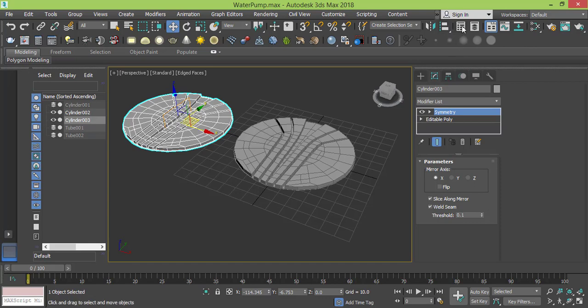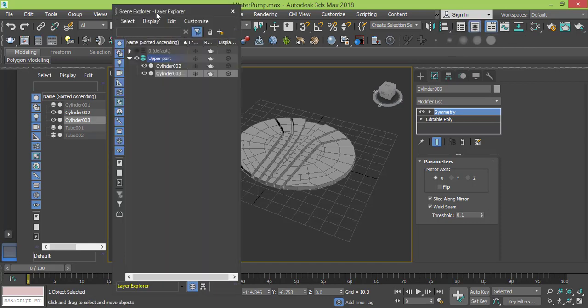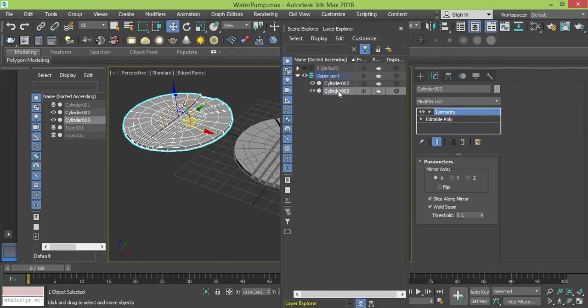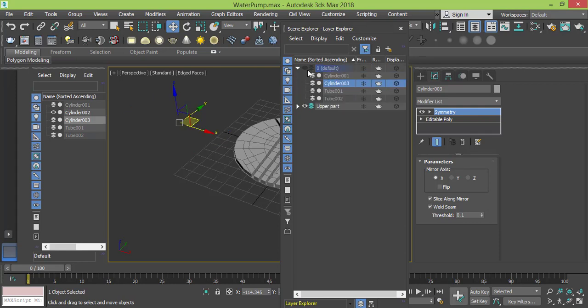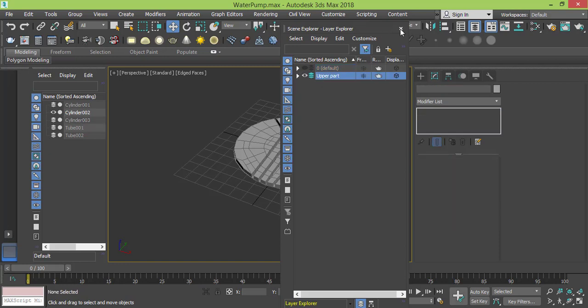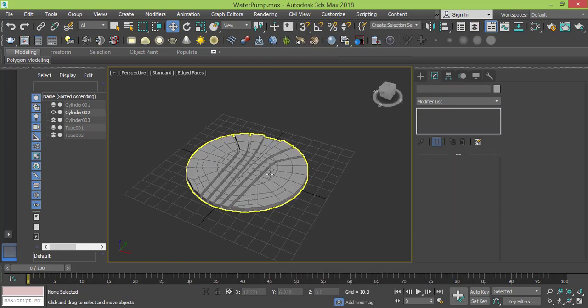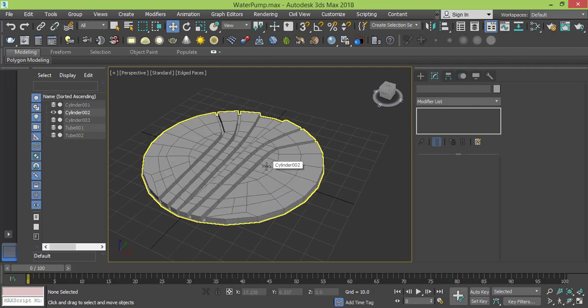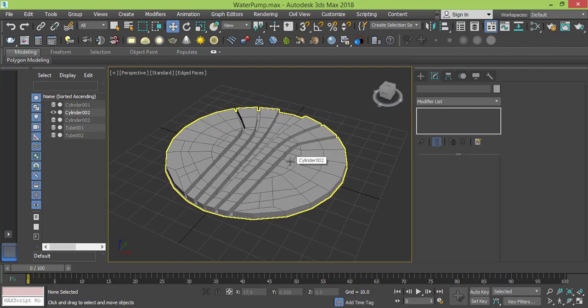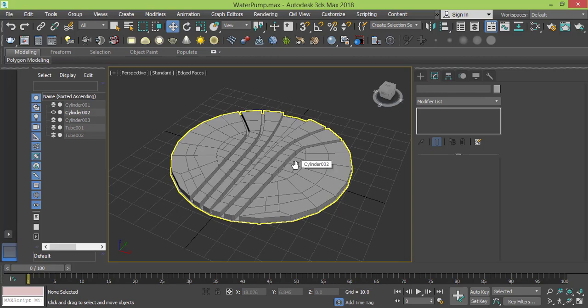Now I open my layer panel and drag it to the hidden layer and close it, so I can continue with this part. Okay, so that's okay. Let's save our work so nothing is lost, and let's continue with the next